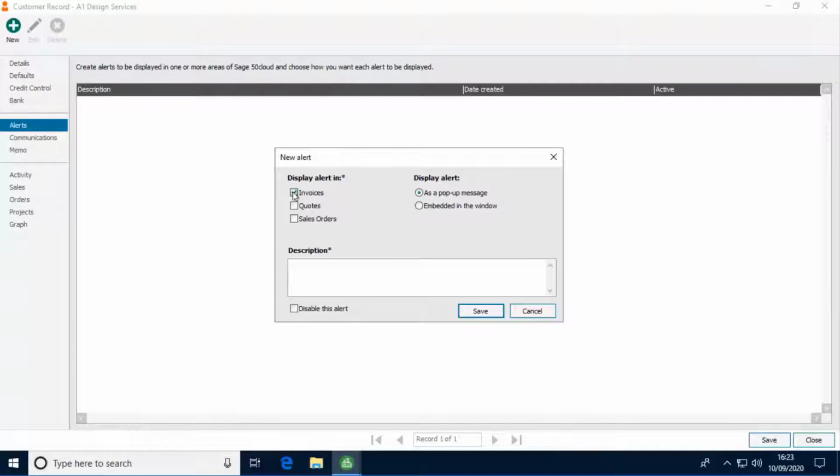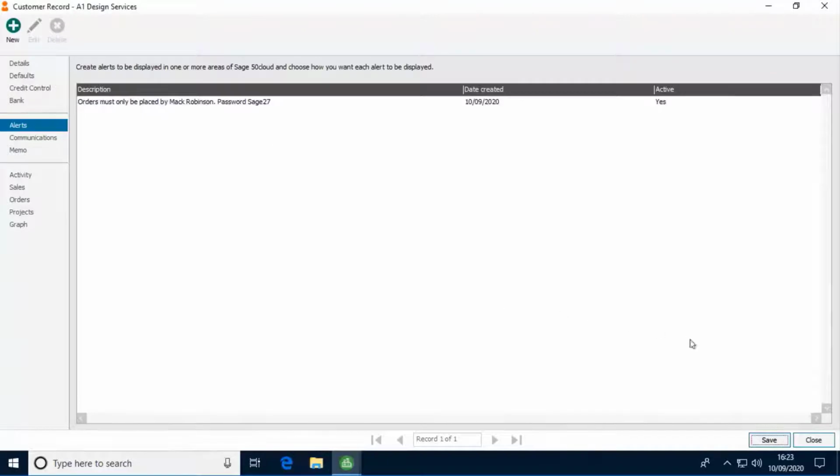We'll leave it set to pop-up and then enter a description. In this case, we'll just enter a message to indicate that only a certain person can place orders on behalf of that customer and that the customer also must quote a password. We then click Save, save the record,